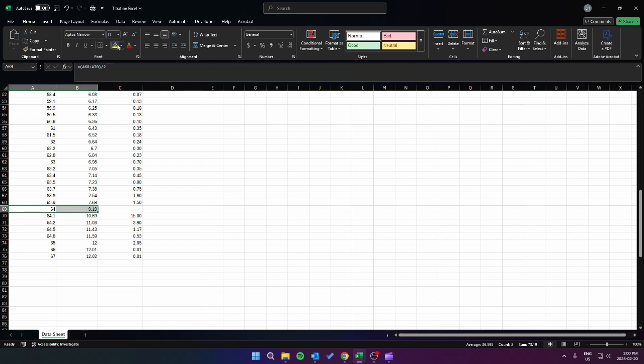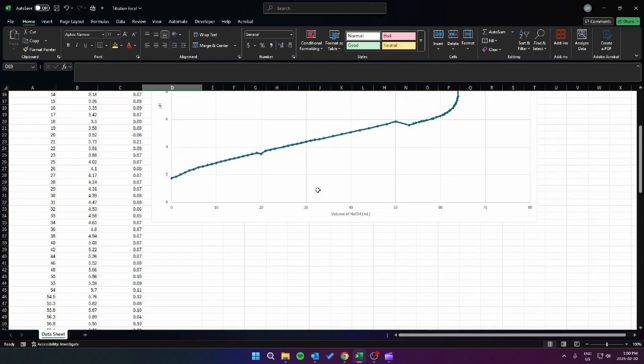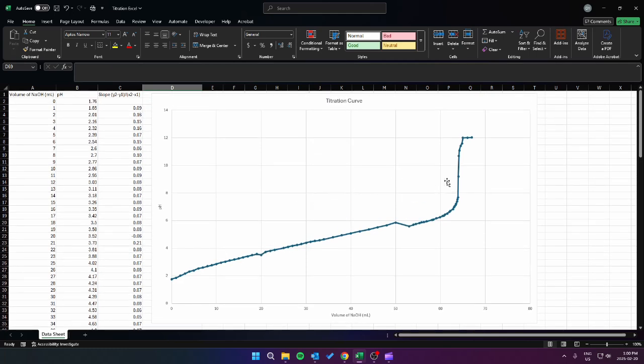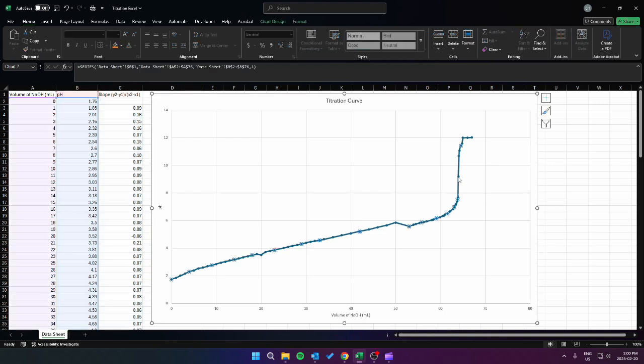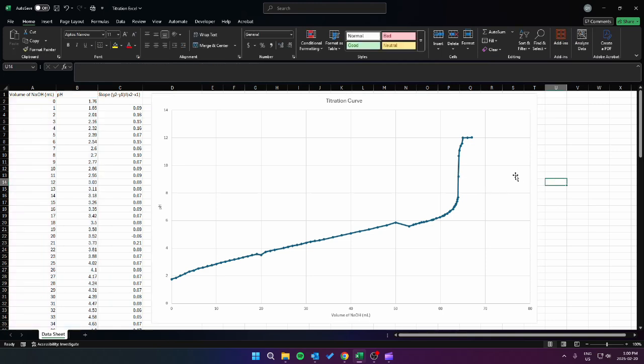So we can highlight this data. I'm going to highlight it because this is our equivalence point, right? This is our rough estimate for an equivalence point. And what's cool is that if we go back to our graph here, Excel will automatically update our graph using the new data that we created. So we can see that Excel has now added a point at 64.919 that we claim to be the equivalence point. And a rough visual check is that we can see that it's pretty even between each of these points, and this is a good estimate for where the solution switches from